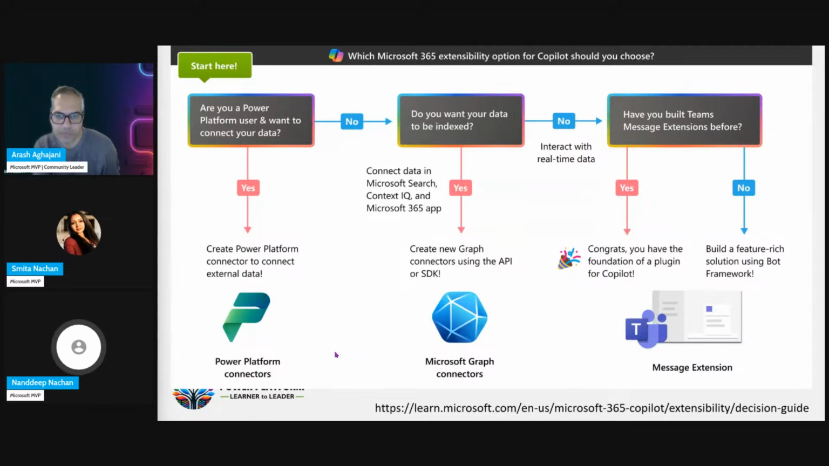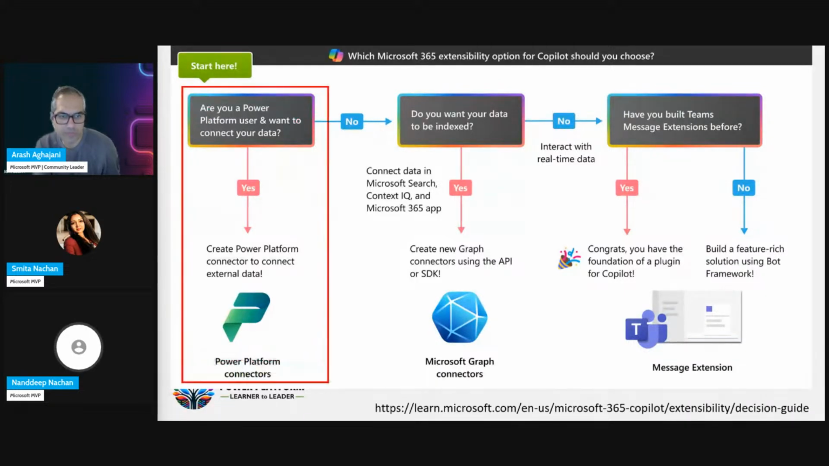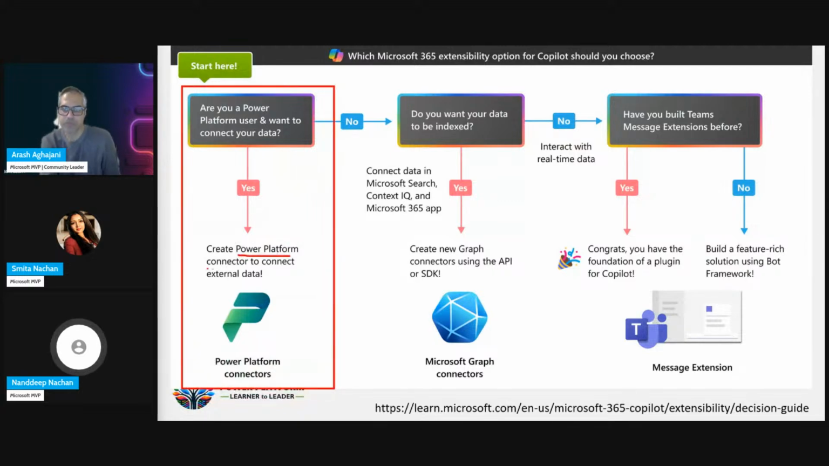Okay, so let's say for example we start from here. First question you can probably ask yourself: are you a Power Platform user, or do you want to connect to your data? If the answer to that is yes, that means good. You can simply go ahead and create a Power Platform connector to connect to your external data, and that's it. We simply call them Power Platform connectors,